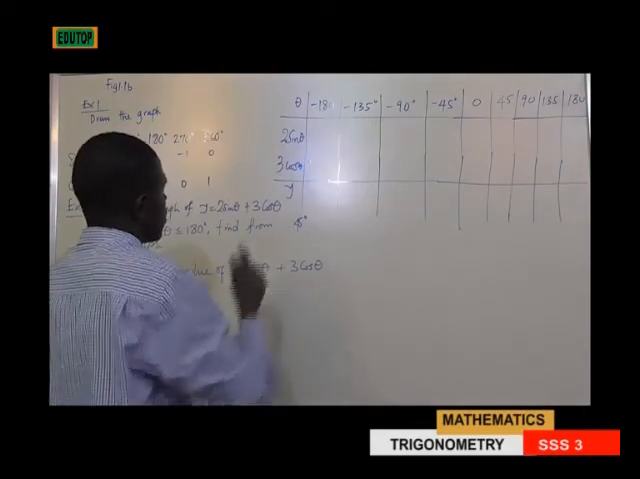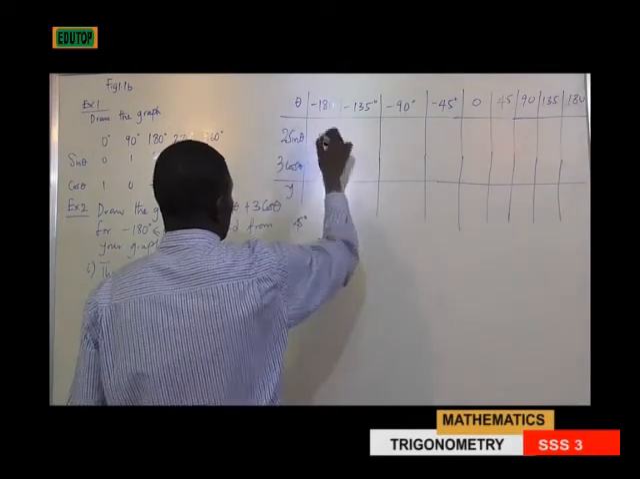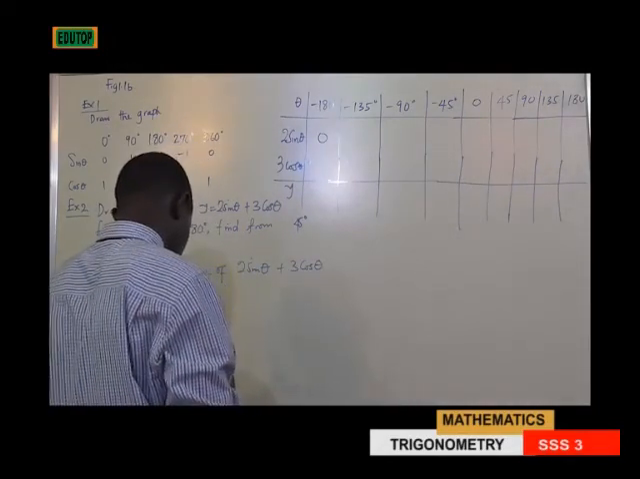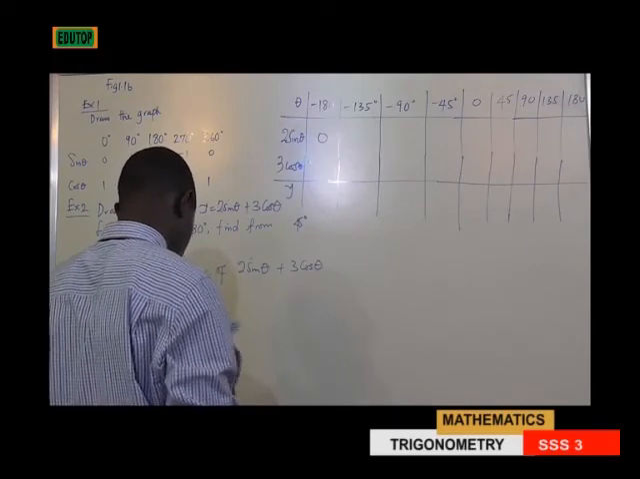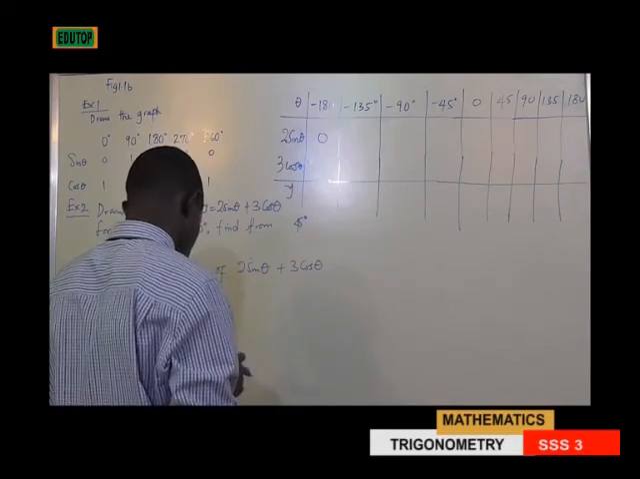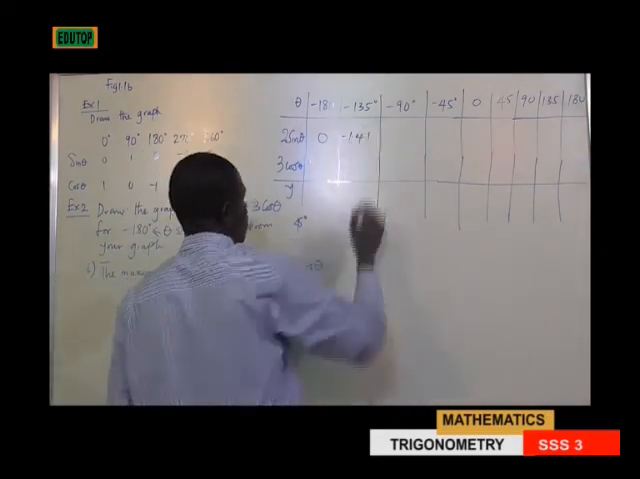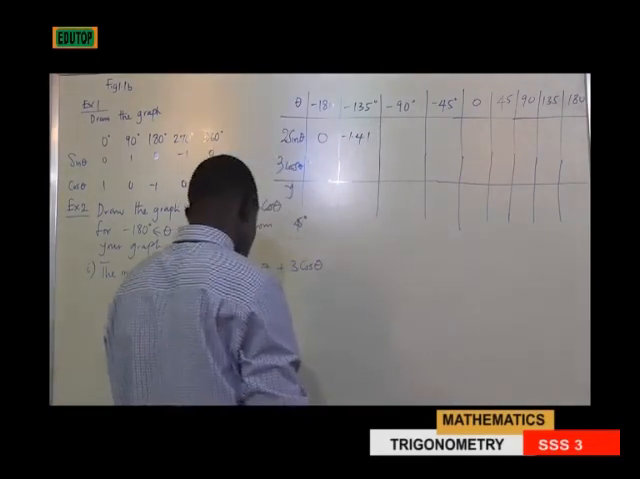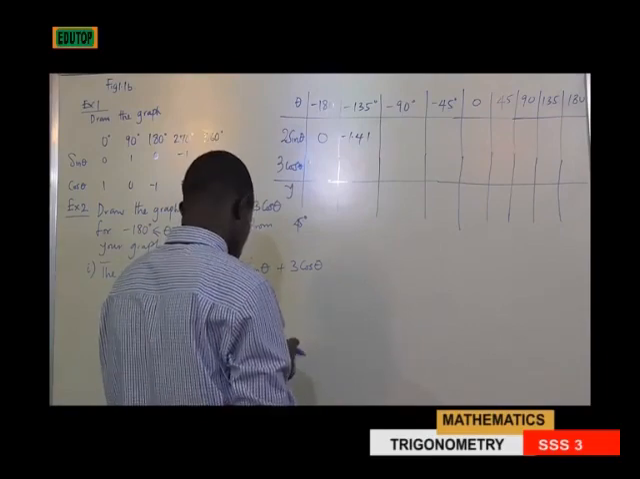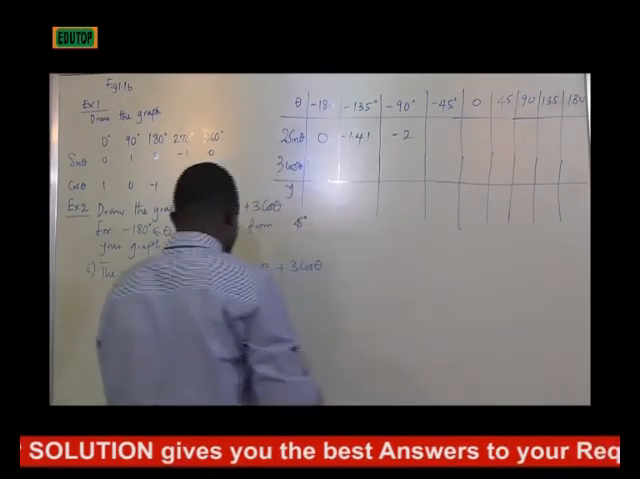Then here, cos minus 180 times this gives us 0. This one, sine minus 135 multiplied by 2, then we have minus 1.01. The next one is sine minus 90 times 2. That will give us minus 2. And the next one is